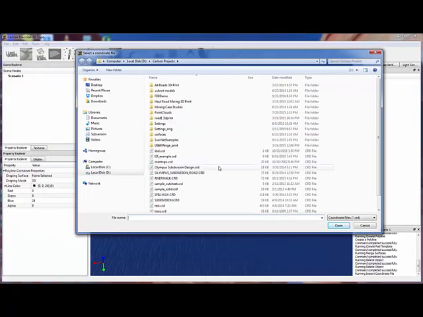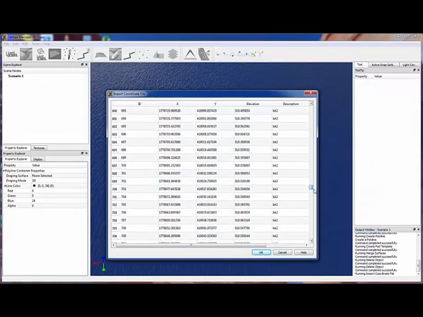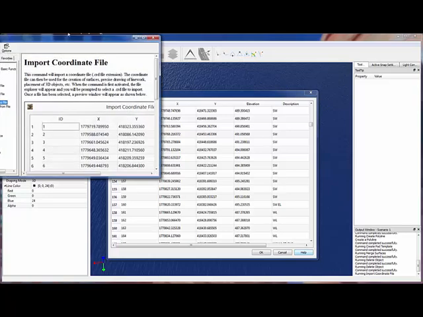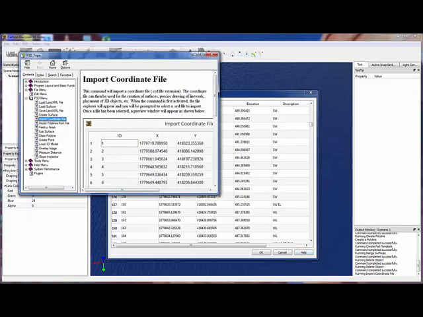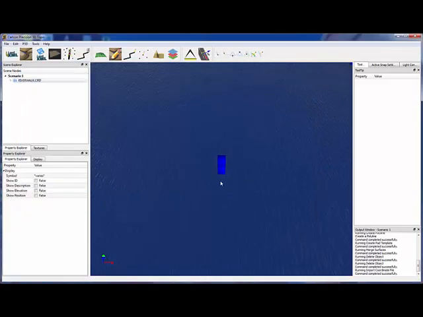So for Carlson survey users, our CRD files are just our coordinate files from our survey software. And what I'm going to do is simply import all of these points. We get a little preview here. Again, if you want to get any help as far as what the dialogs mean, just click on the help button, or in the middle of any command you can press the F1 key and it'll pop up the help message. So I'm just going to go ahead and import these points,